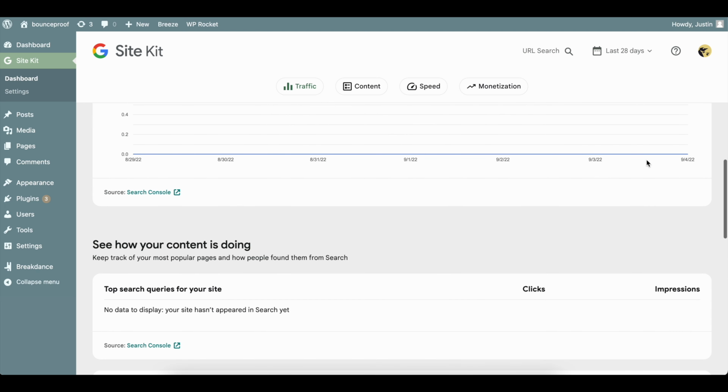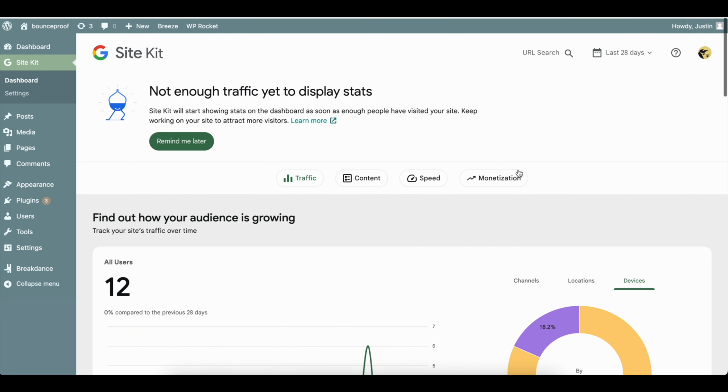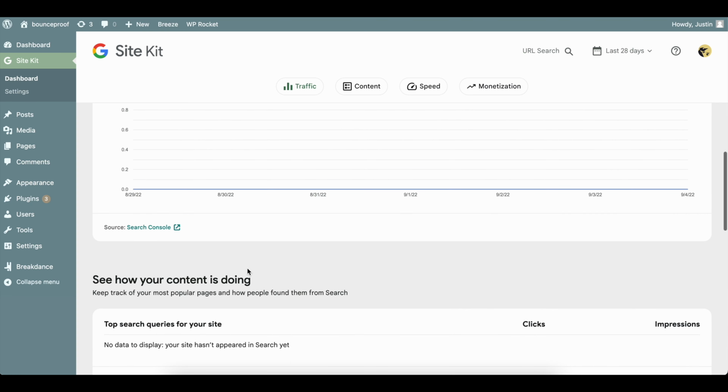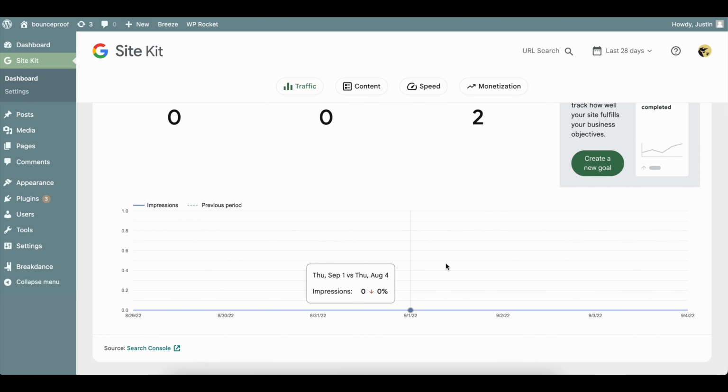I highly recommend both of these tools. This is a great overview, especially if you're new to web development. But Google Analytics will tell you where your users are coming from, and then Search Console will tell you what they're using